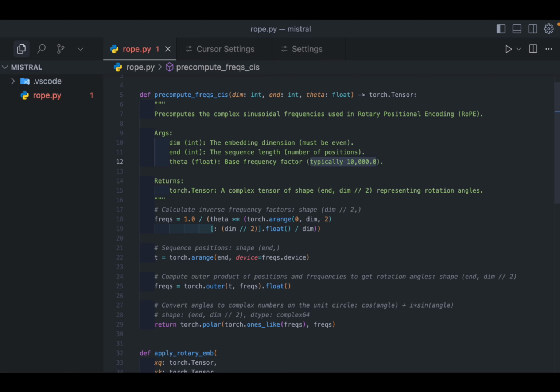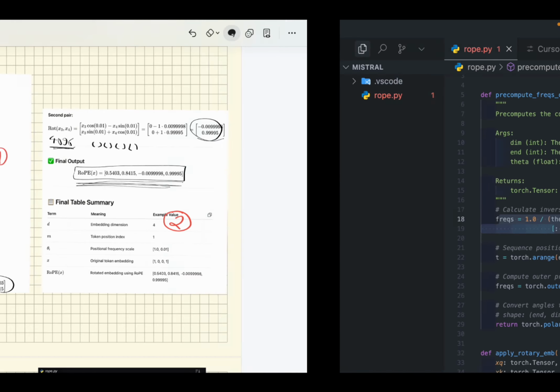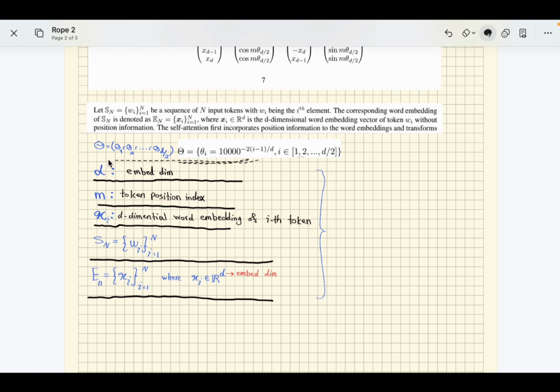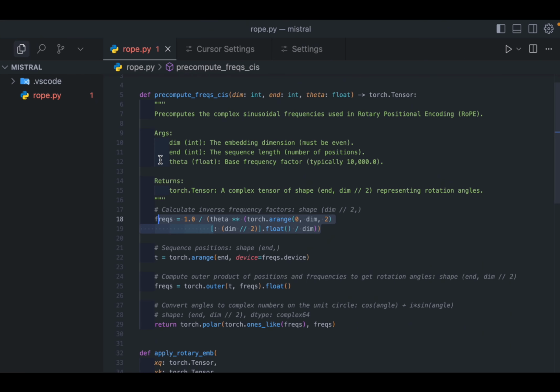First we calculate all those frequencies, which this line is technically the same as here. Then we have all of the m's, because we don't want to calculate them one by one, in the form of a vector